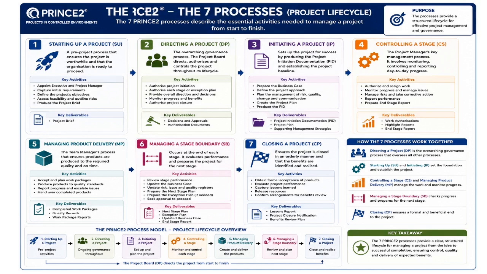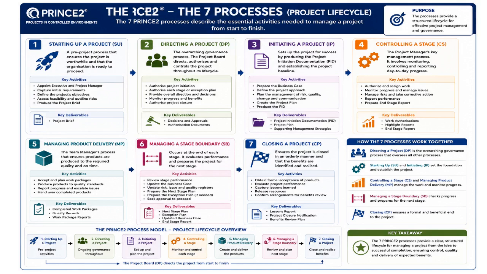Controlling a stage and managing product delivery manage operational delivery activities. Managing a stage boundary reviews progress and prepares for the next phase, while closing a project ensures controlled completion and benefits realization. At the bottom of the slide, the lifecycle overview visually reinforces the staged nature of PRINCE2 delivery. This staged approach is one of PRINCE2's strongest governance features because it creates formal decision points, improves risk management, and maintains alignment between project delivery and